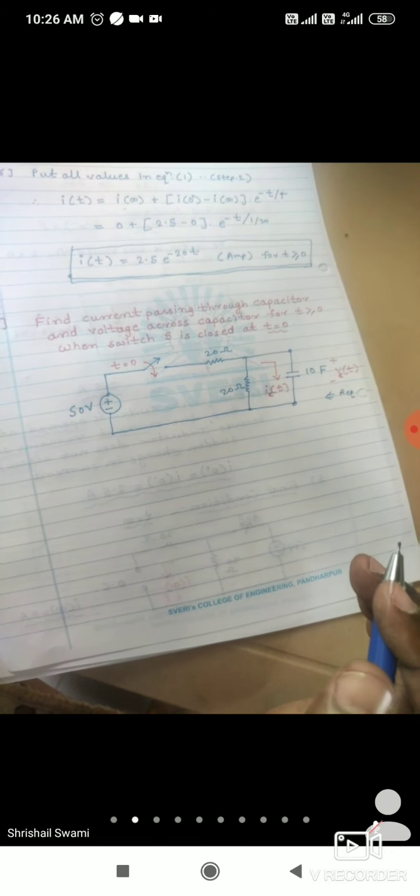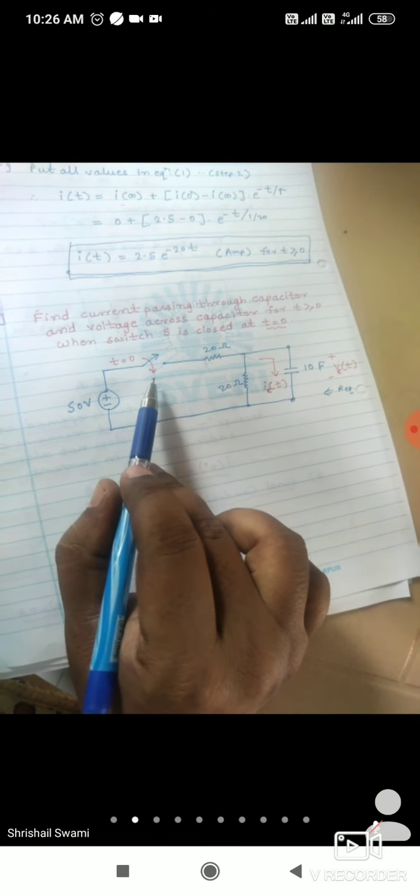So R equivalent into C will be the value of tau. So 10 into 10, that is 100. 100 is the value of tau. Remember, that is the third step. Fourth step, it is the initial condition. Means as soon as the switch is closed,